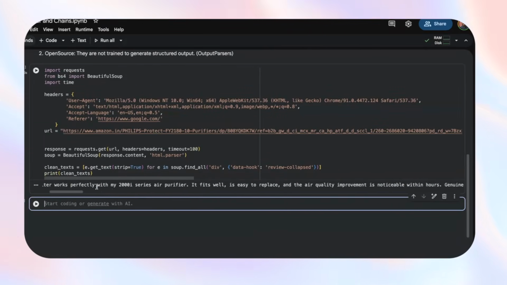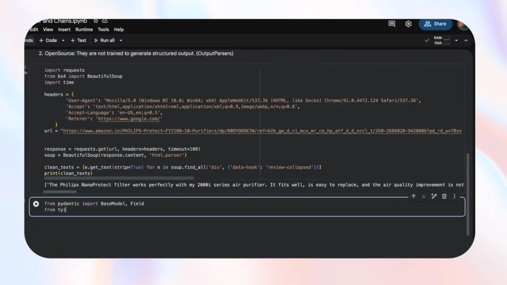Now you can see we have the list of all the reviews right over here. Now what I'm going to do, I'm going to create a Pydantic class. So from Pydantic, I want to import the base model, and I will also import the field. Now why I'm importing this field, I'll tell you why this is important. Pydantic, spelling is wrong. Pydantic, okay. Also from typing, I will import literal,